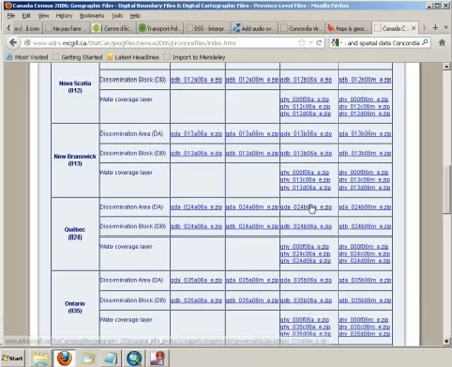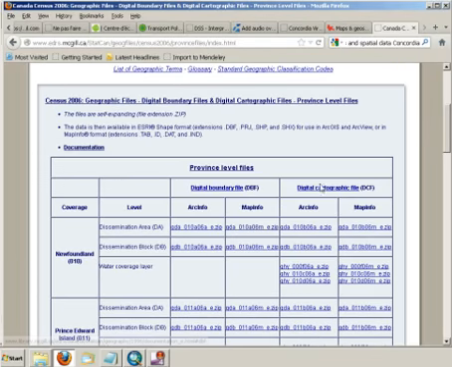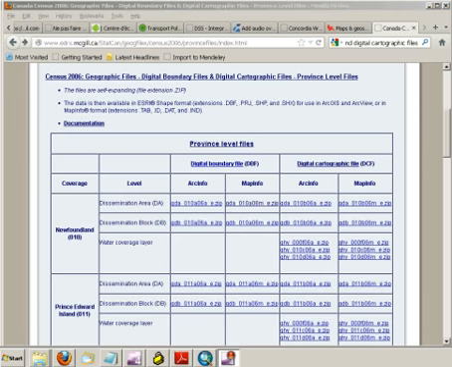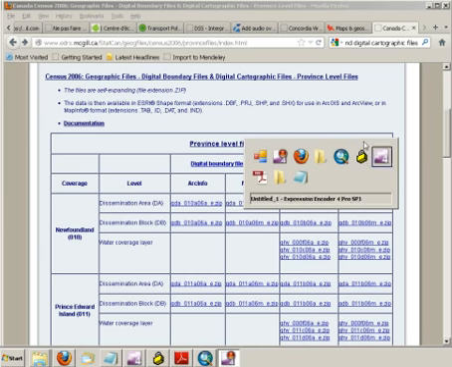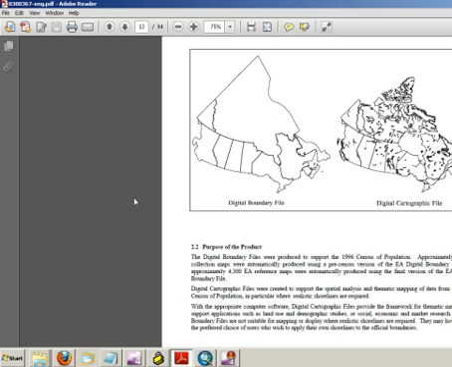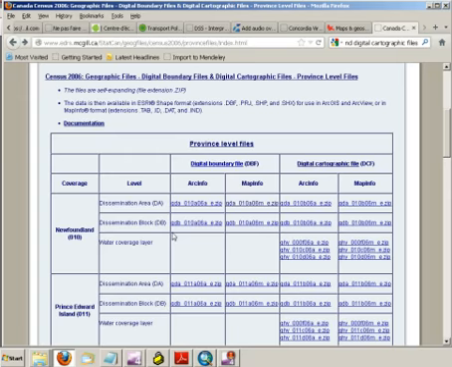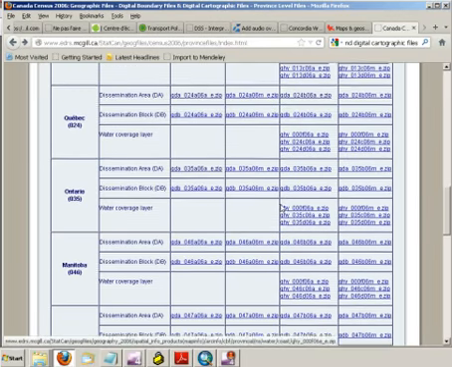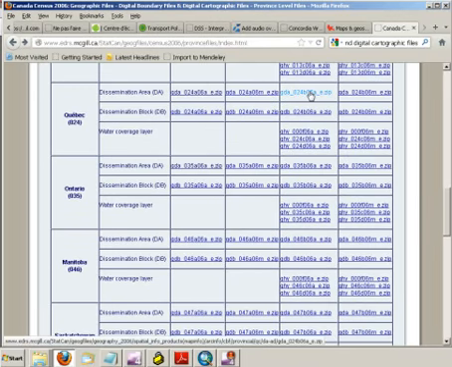Now, you may be wondering if you want the, what are they called, digital boundary files or digital cartographic files. If you're not sure of the difference, basically it's how they deal with water bodies. Just to be a little more specific, I'll put something up on screen. This is from the metadata file that goes along with the 1996 StatsCan boundary files, and you can see that the digital cartographic file deals with the water bodies in a more realistic way. So we'll go back to the website and go back to Quebec and download these dissemination